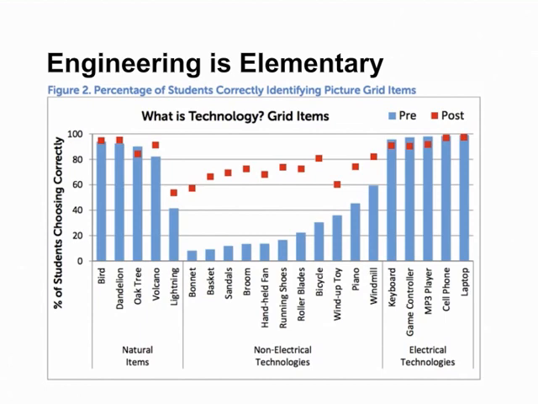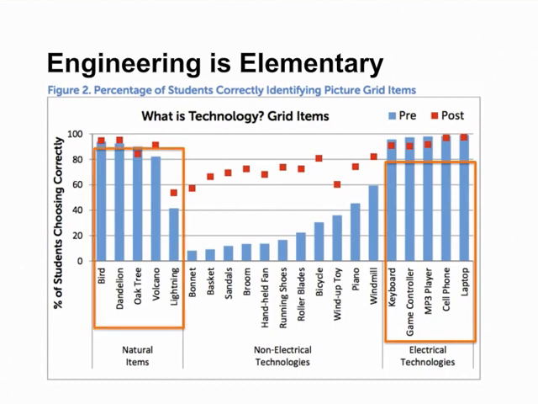And this is very similar to the probe that I had you answer. The way that this works, this is kind of a crazy looking chart here, but basically we have items that the kids were asked about that were electrical items, and you can see that the blue is the pre-test. Kids did well. They understood that a keyboard and a cell phone and a laptop, those things were technology. They also mostly understood that something like a bird or an oak tree is not technology, that those are